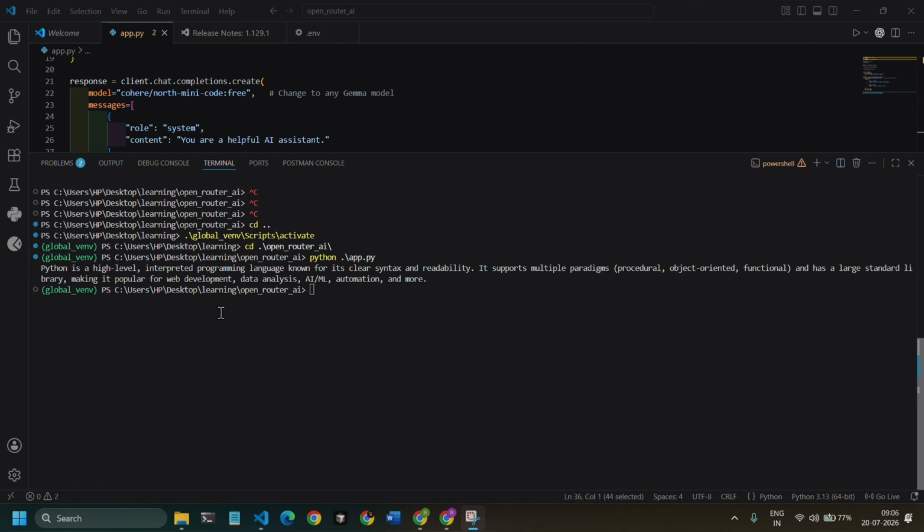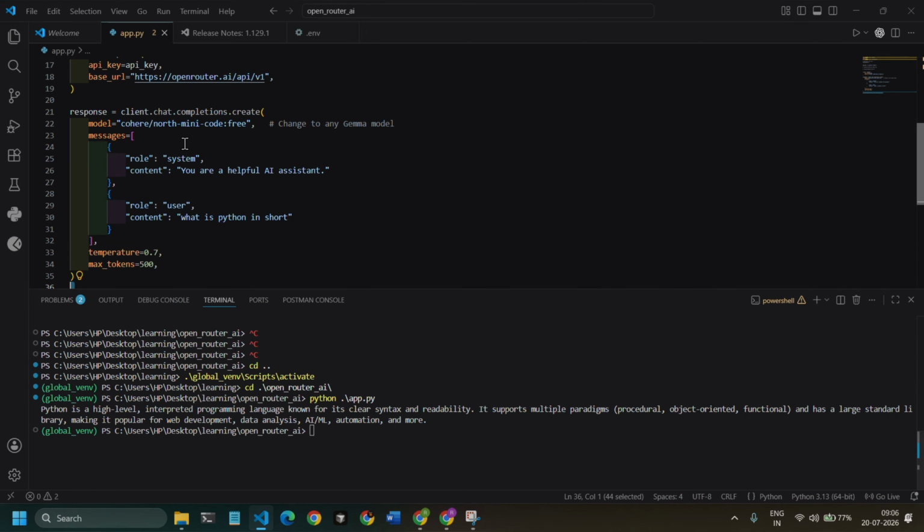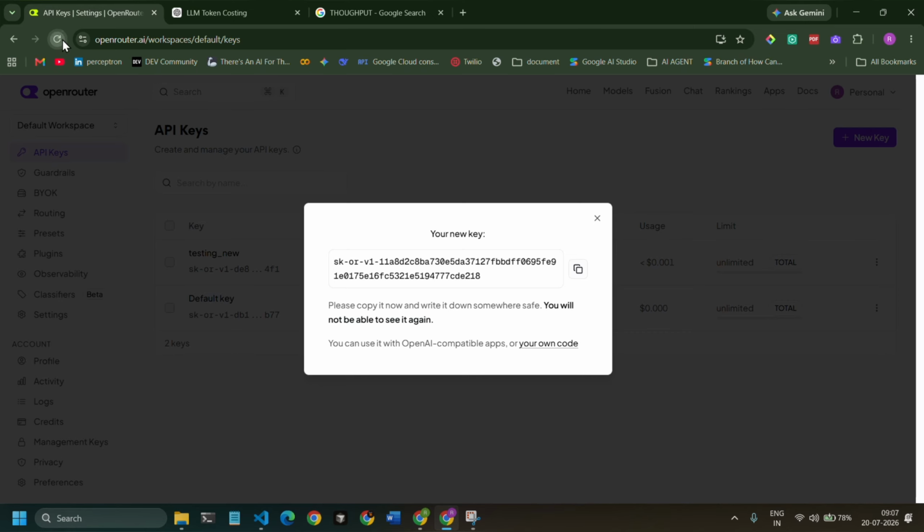So this is the response of the model. Python is a high-level interpreted programming language known for its clear syntax and readability. This is the response of the Cohere North Mini model. Now if we go to the OpenRouter website and refresh this,